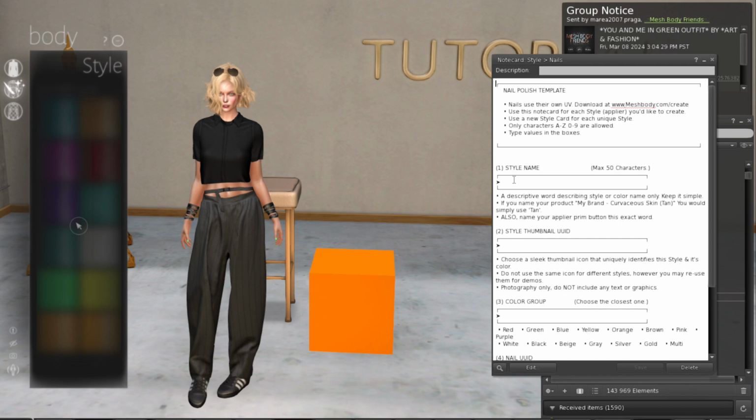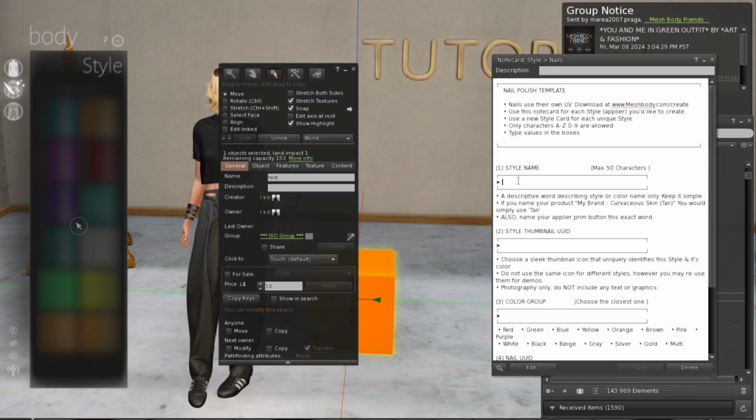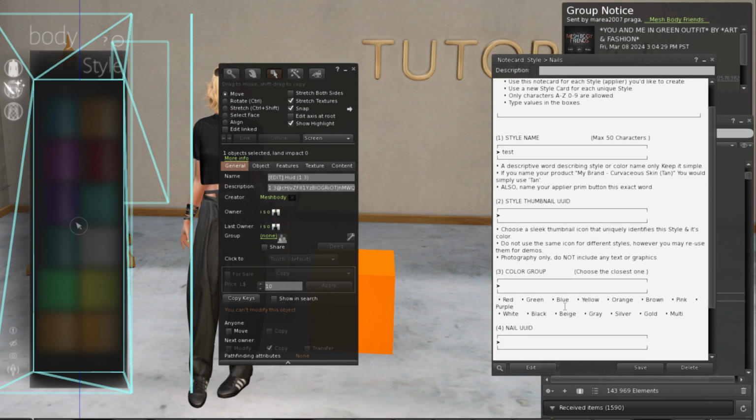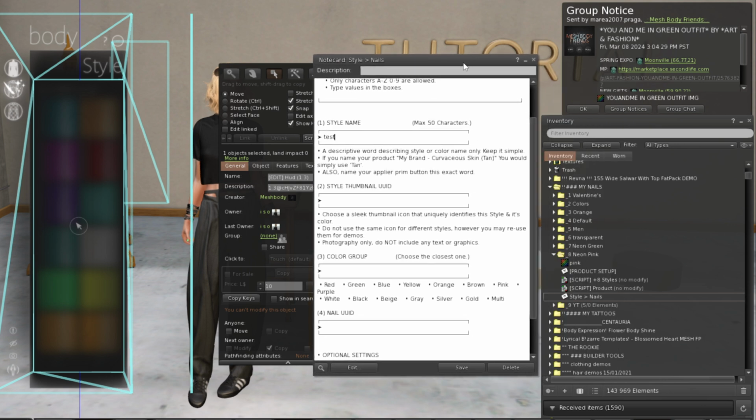And the style name, so I called this box, remember, I called it test. So this is the style name that I will be using, test. I won't add any thumbnail UID, so that way the thumbnail won't appear in my legacy style HUD here. Color group, I don't care. And the nail UID, this is the only thing that I will be changing,